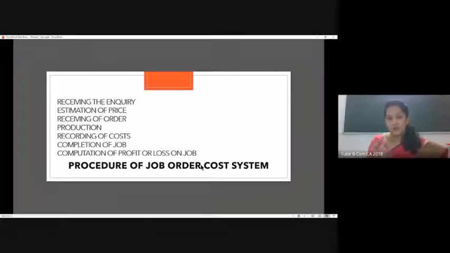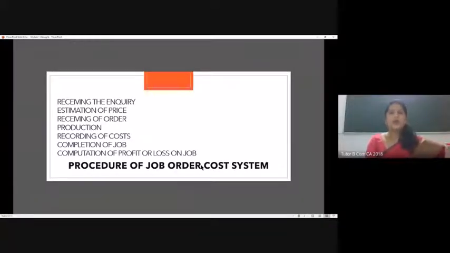If this is teak, what is the cost? If this is made from mahogany, what is the cost? Based on the difference in the timber material, the cost may vary, right? So that is why you will inquire how much it costs. And from a customer perspective, he will ask 2 or 3 manufacturers just to find out which one is best for him in quality as well as in price. So that is the first step in job order costing.